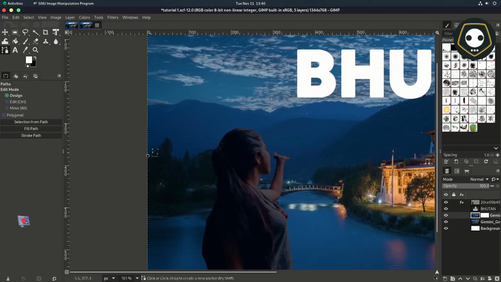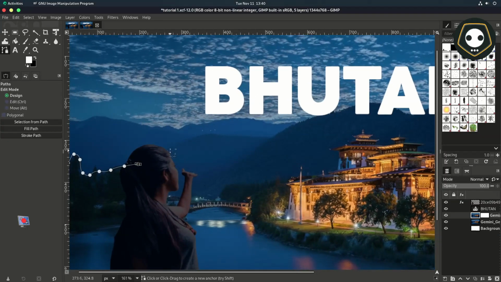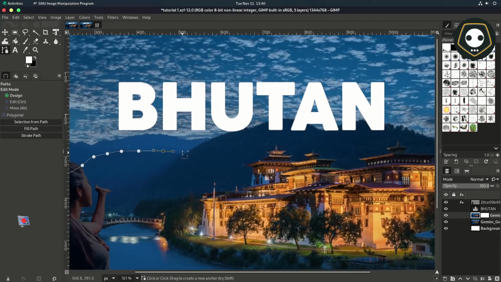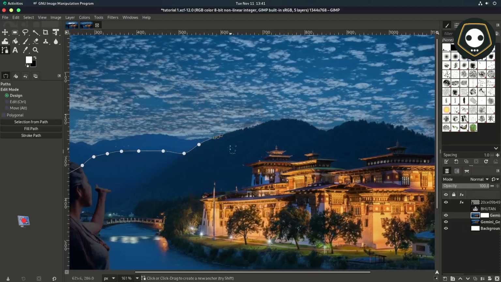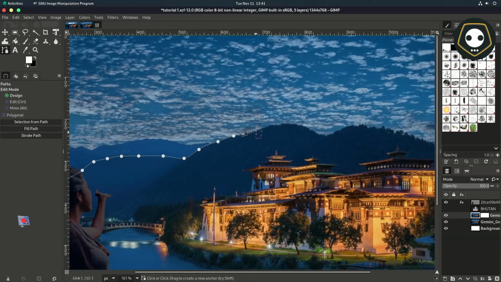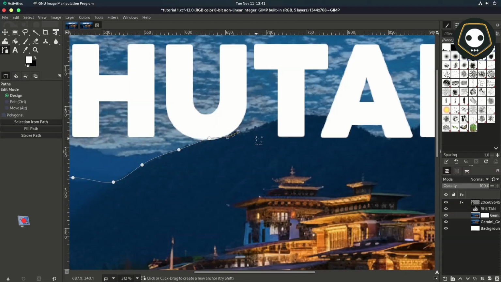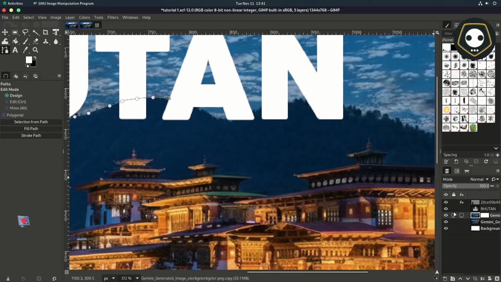Select the path tool and block the hill, the location that I want to keep in front of this text.